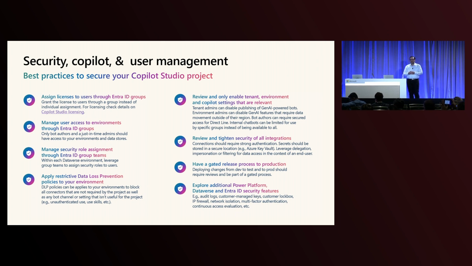There are other aspects on the tenants and environments. Only enable the settings which are relevant to you. And there are a few other recommendations on integrations as well as your pipeline process. So let's say we designed, created and published the agent, and some of the security features we talked about, best practices based on your policies, and what Microsoft offers in the product have been enabled. So what's next? How can we say, are we safe?